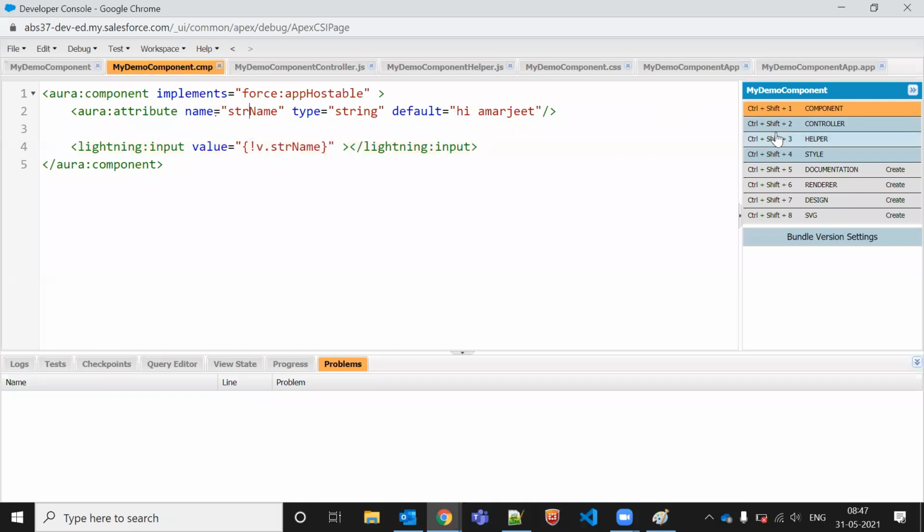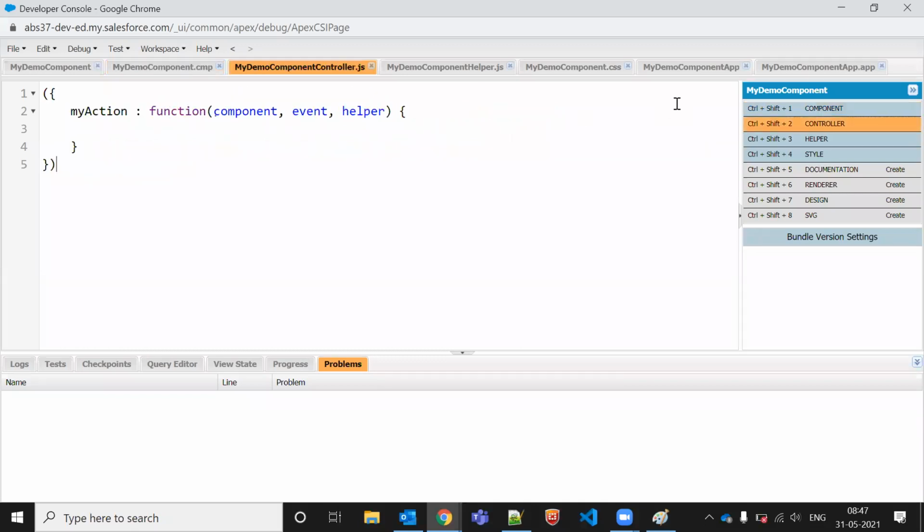Similarly, we can create some controller here, with direct controller one-to-one communication. We don't want to use helper. If I directly use some controller here, what will I do? I will create some methods. So let's say variable name. In this variable name, if I want to pass some value here, let's say I'm passing v is equal to something.